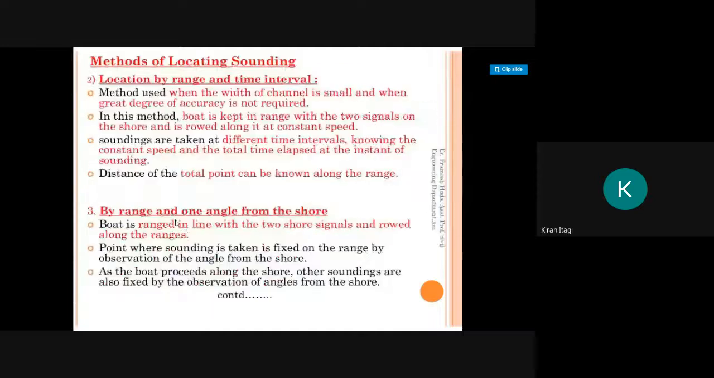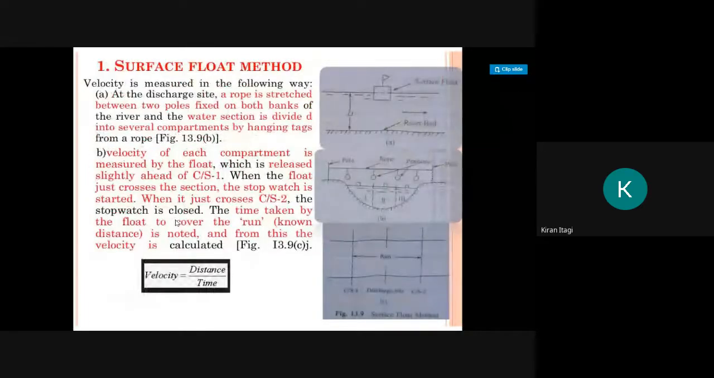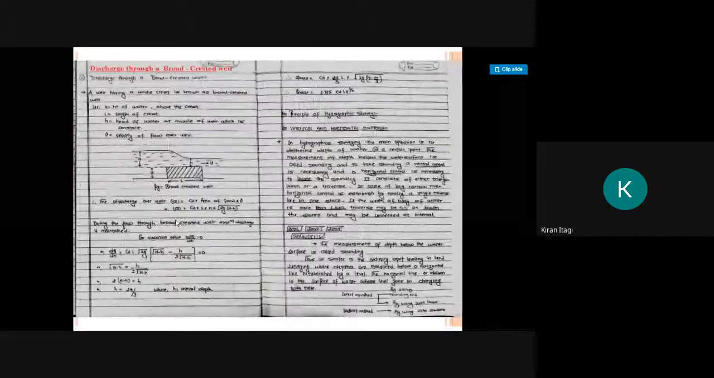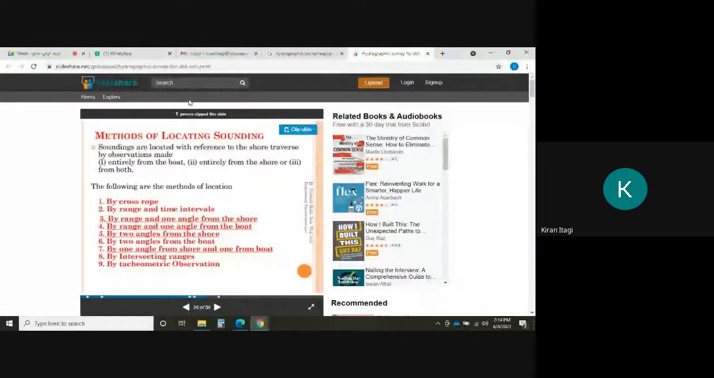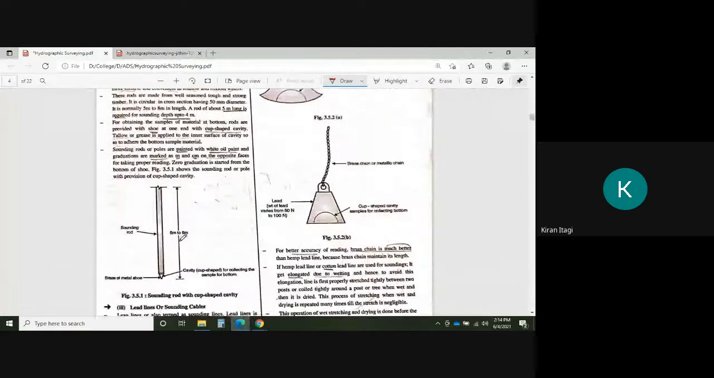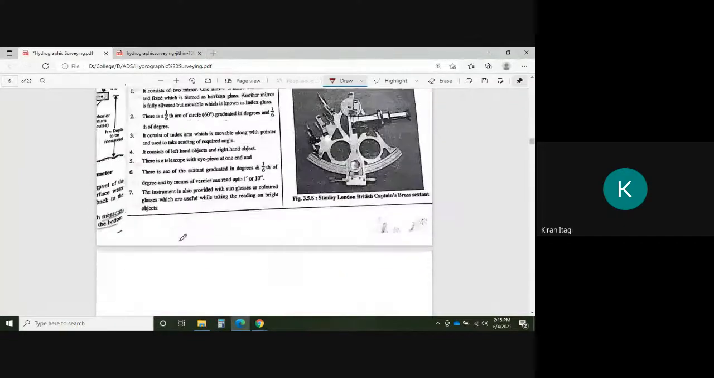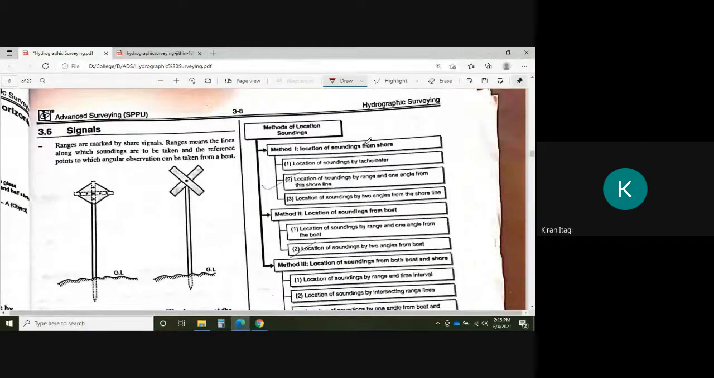Okay, we will go one by one. Before that, this one I needed. See here, one thing,